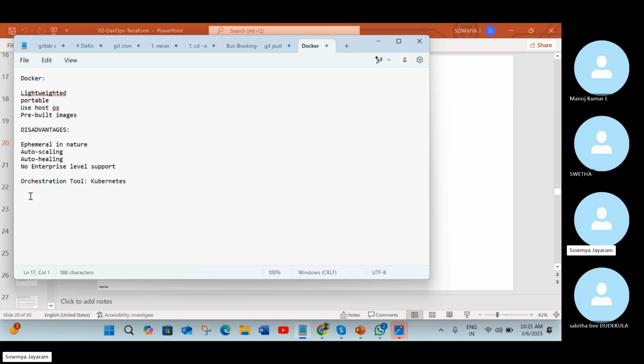Okay, so in Kubernetes, it's ephemeral in nature, but we have the concept of a pod. A pod is nothing but how your application runs inside your container. Your container is going to run inside a pod. It's a wrapper over your container.